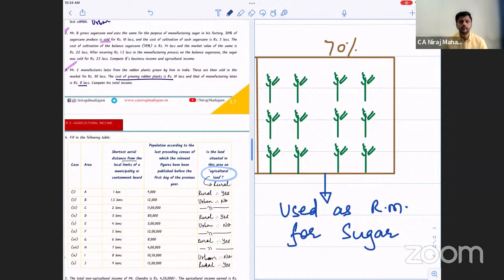But in this 70% there is also some remaining part of agricultural income. Don't forget that. So agricultural income will also come from here. There is an apportionment, so there has to be agricultural income also. And what is the law for that? Fair market value of the raw material, which is used as a raw material, minus cost of cultivation. Clear? Tell me, okay, clear, all of you?